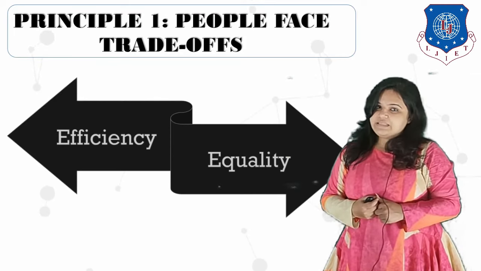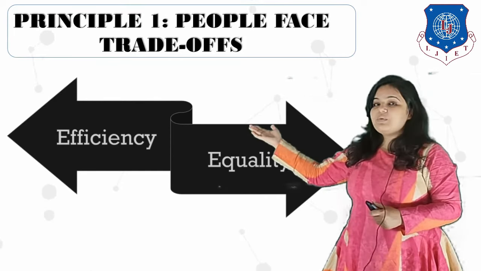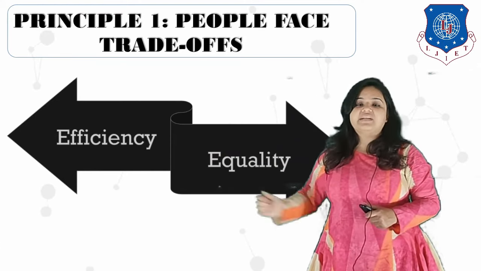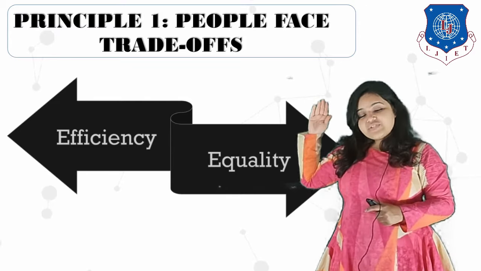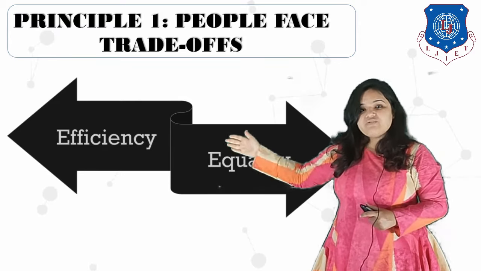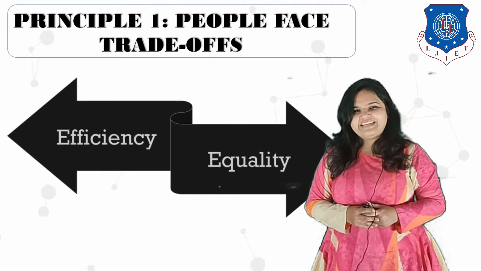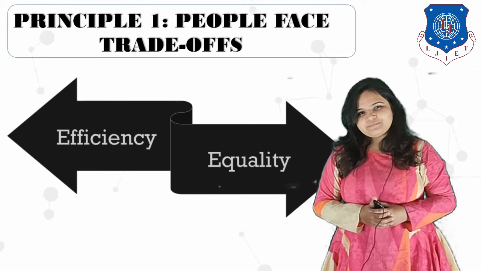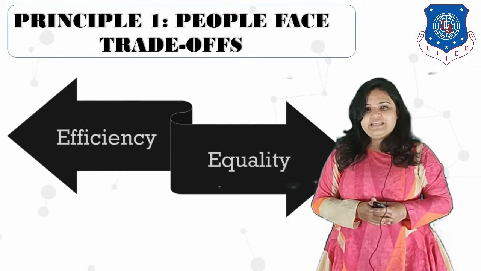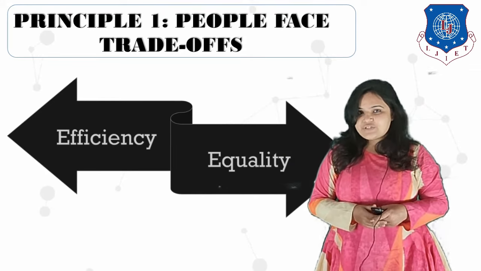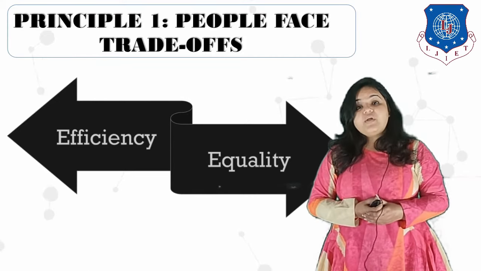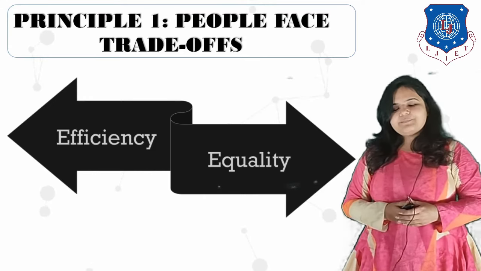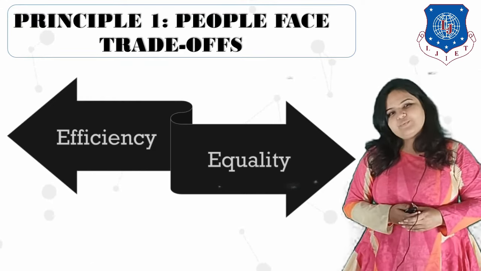In turn, what happens is efficient people would be demotivated because they have to spend most of their money in giving out taxes. They will have to suffer, they will have to pay the price of being efficient. Not fair, right? But if the government does not maintain equality, then would it be fair? Each and every sector of society must be treated equally and must gain equal access to commodities. Society faces this trade-off too.